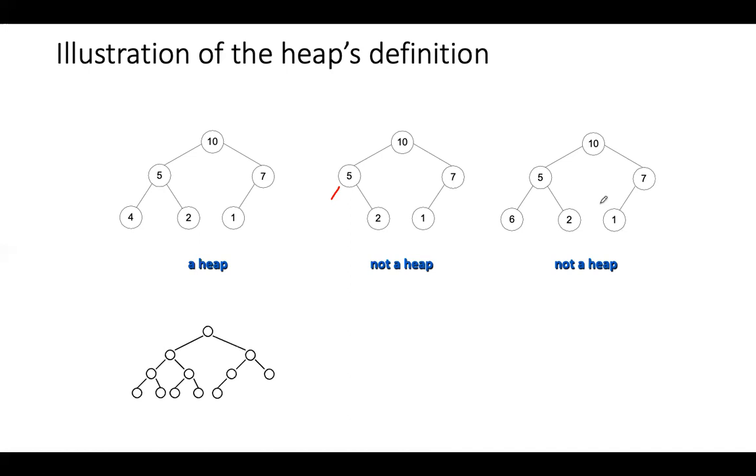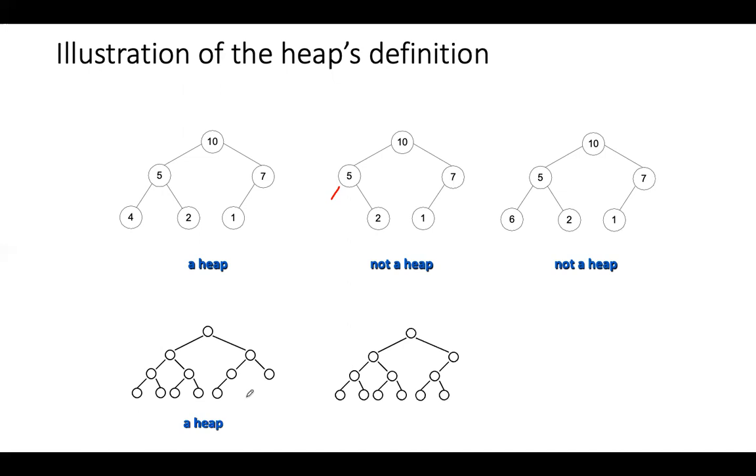Next, what about this diagram? Is it a heap or not? Again, it's a binary tree. The question is, is it a heap or not? First of all, is it a complete binary tree? If it is a complete binary tree, then you can tell whether it is a heap or not. Values are not given here. Just by seeing the tree, can you tell whether it is a heap or not? See, only for this node, the rightmost node is missing. Here nothing is there. So this is a heap.